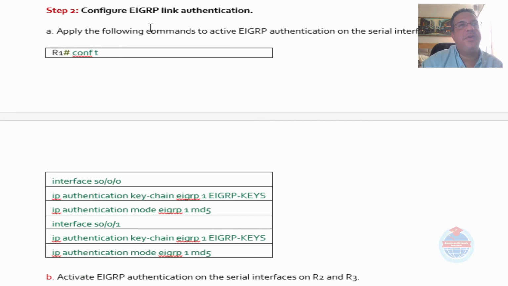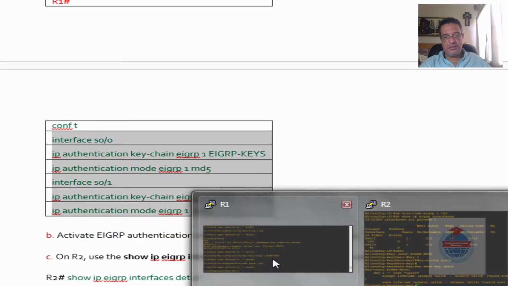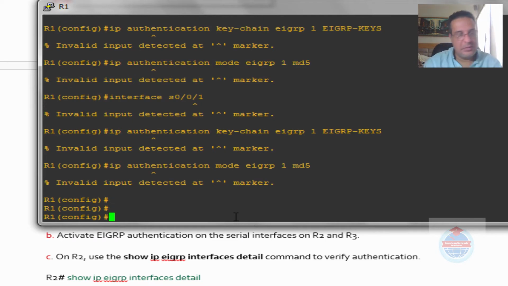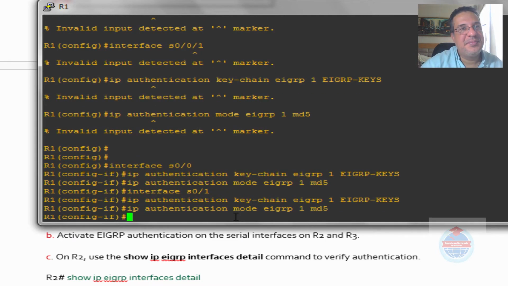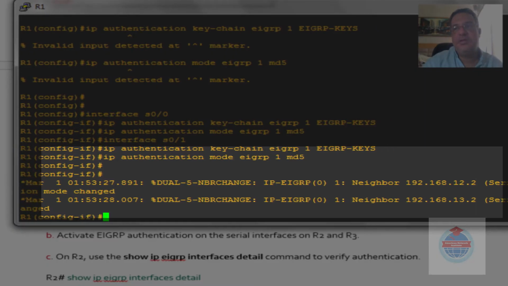So configure EIGRP link authentication. Apply the following commands to activate EIGRP authentication on the serial interface on R1. So let's start jumping on that right now, guys. Apply that on R1. Boom. And you're going to see successfully